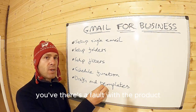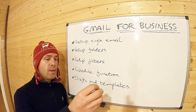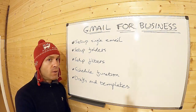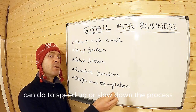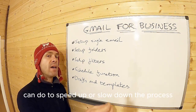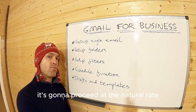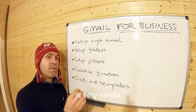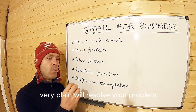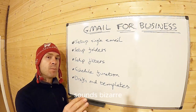There's a fault with the product. We're going to resolve the fault. This is a process, not a personal interaction. There's nothing the customer can do to speed up or slow down the process. It's going to proceed at the natural rate. And it's really important that the template is very vanilla, very plain, "we will resolve your problem." Almost inhuman. Sounds bizarre,